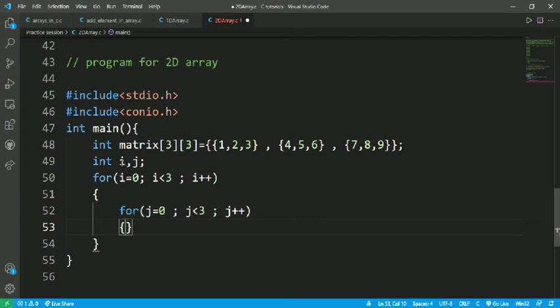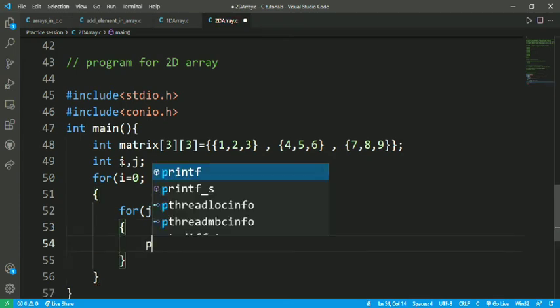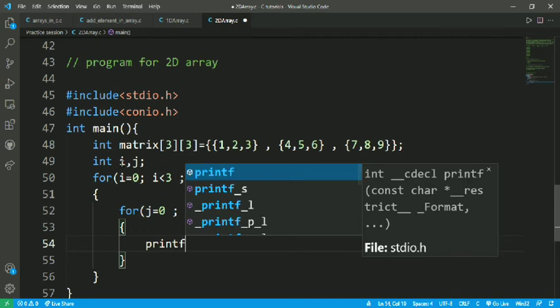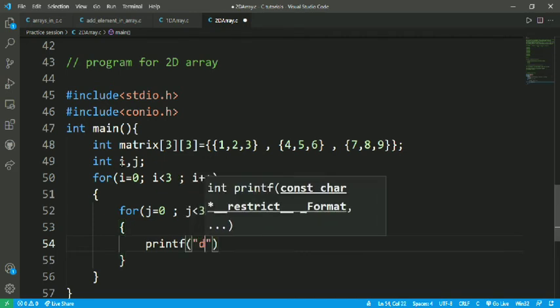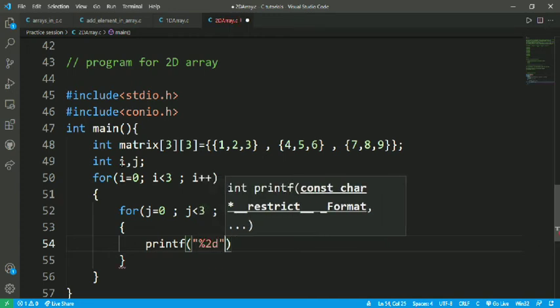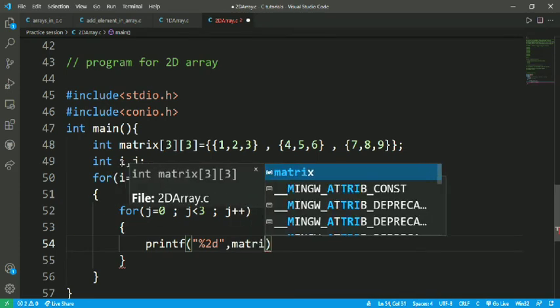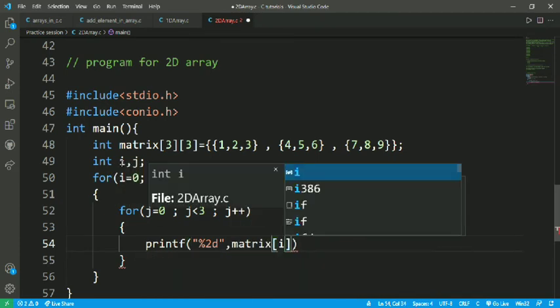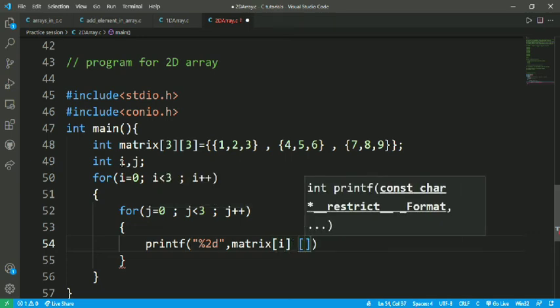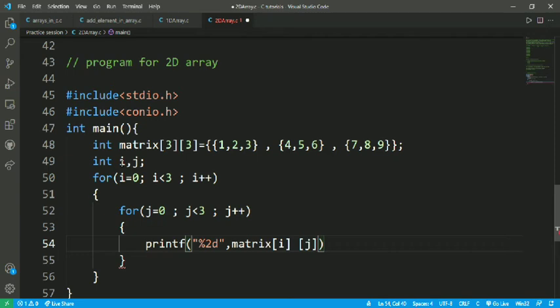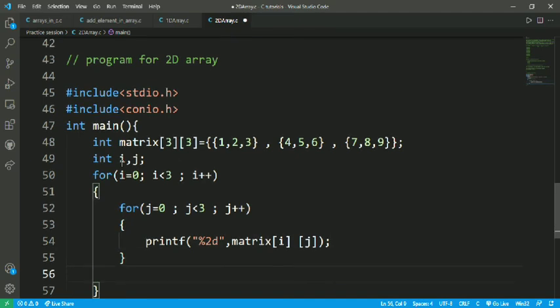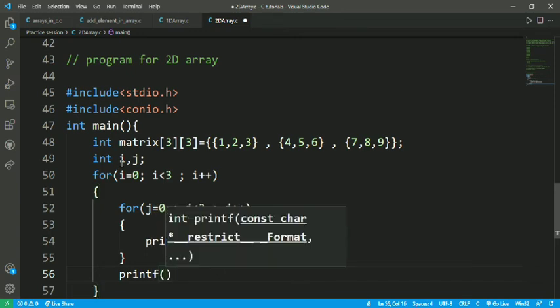And here I am going to print values from that matrix, that is printf of %2d, and comma matrix[i][j]. Via this statement the values get printed. Then printf of backslash n for entering a new line.